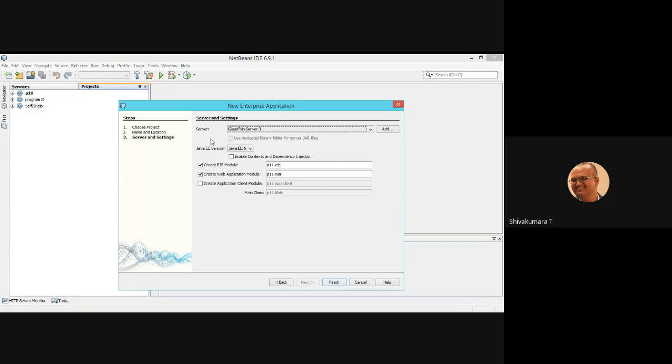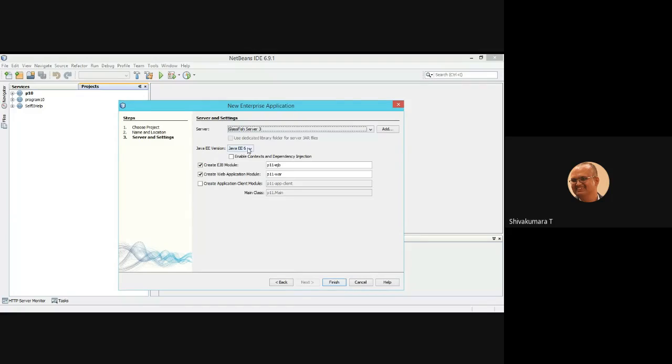Now it is directly selecting the Glassfish server. So Glassfish is suitable for enterprise applications. In NetBeans we have both servers, Apache as well as Glassfish. So far we used Apache. Now we are going to use the Glassfish server.